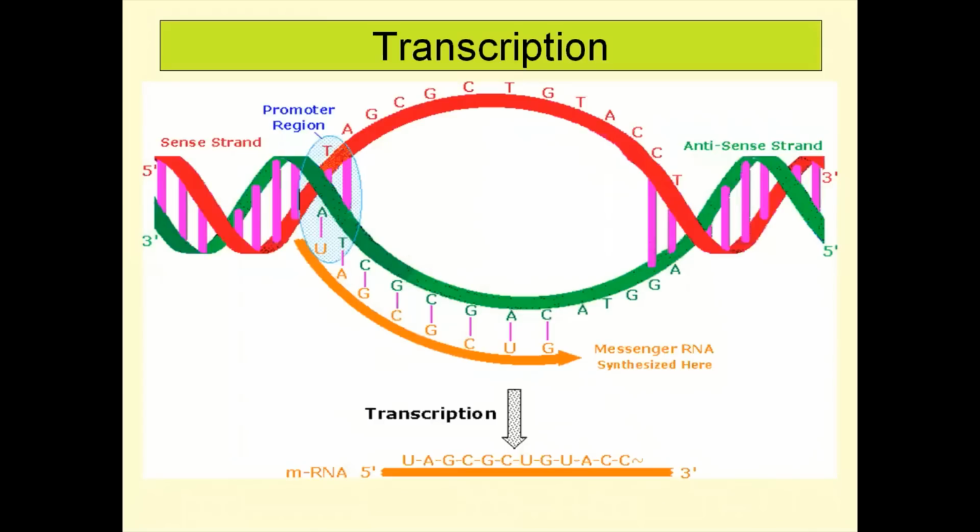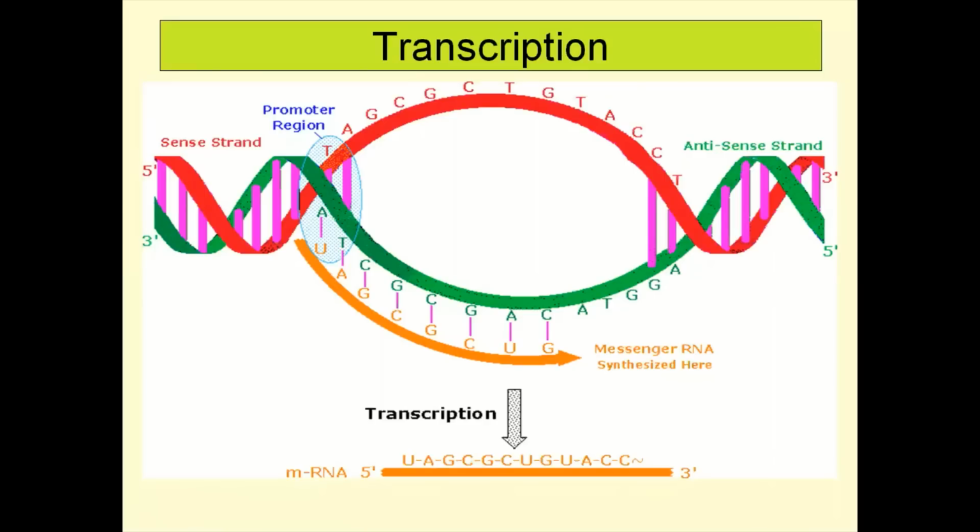Now, the process of protein synthesis is divided in 2 stages. The first is transcription and the second is translation. During transcription, the code on DNA is copied onto another molecule called messenger RNA or mRNA. Our main purpose is to transfer the code on DNA, which is present in the nucleus, to the ribosomes present in the cytoplasm for protein synthesis, because we know that proteins are synthesized using ribosomes. And this transfer is done with the help of mRNA.